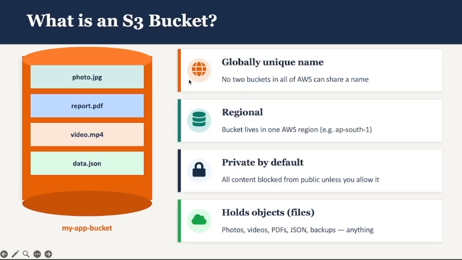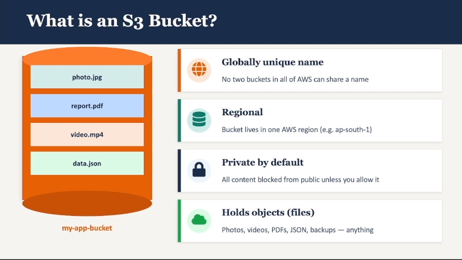Alright, now let's understand the core building block of S3. Everything in S3 lives inside something called a bucket. Think of a bucket like a top-level container. Inside the bucket, you can store any kind of file: photos, PDFs, videos, JSON data, database backups, anything. Each file inside is called an object, and each object has a unique name called a key, which looks like a file path. Let's suppose I have a folder for files and it has the image user.jpg. But here's something important to understand. S3 doesn't actually have real folders. The slash is part of the name, it's just part of the key. Underneath, it's all flat storage.